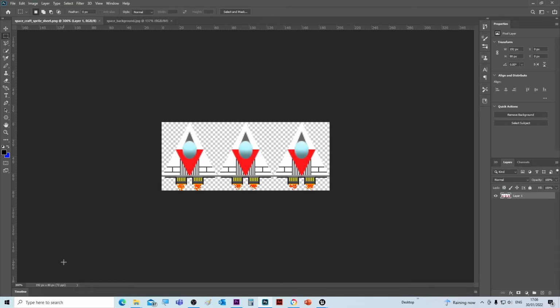Okay, so in this video we're going to look at how we create the craft, or the spacecraft, that's going to be used by the player in the top-down space shooting game. And we're not going to use a 3D model, we're going to use an animated sprite. To create the sprite, you can see here inside Photoshop we've got 3 images of the spacecraft, using the tools